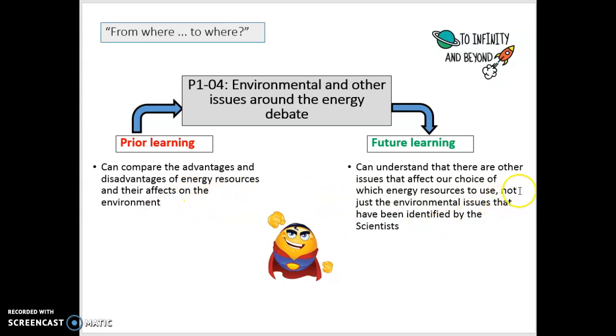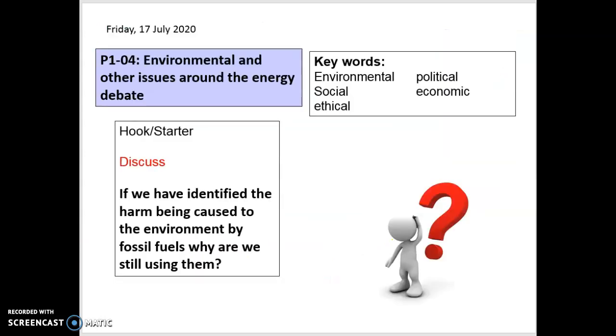But we're really thinking about what other issues there are, not just the environmental ones that have been identified by scientists. Okay, so here's what we're supposed to be thinking about, and if we were in class all together, this is what we would be discussing now. We have identified harm being caused to the environment by fossil fuels, so why are we still using them? So I suppose what we have to think about really when we look at the key words up here is